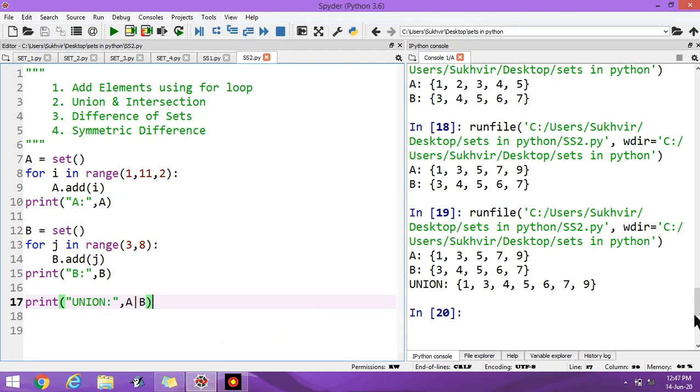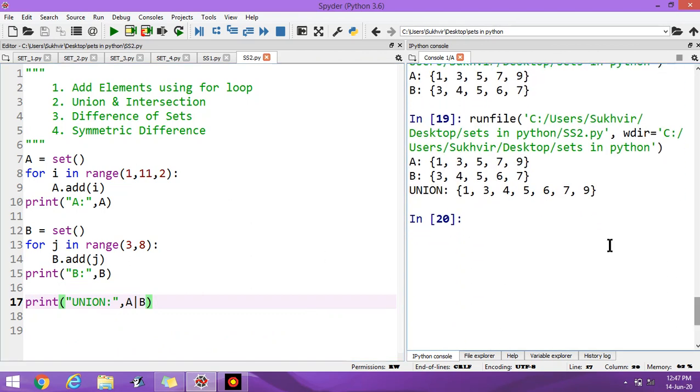The union is 1, 3, 4, 5, 6, 7, 9. All the elements are there, but repetition is not allowed. 3, 5, and 7 are repeated elements, but they are not repeated inside the union.